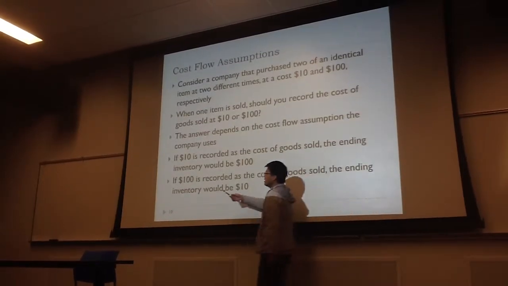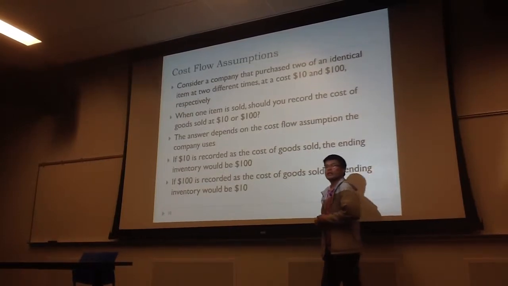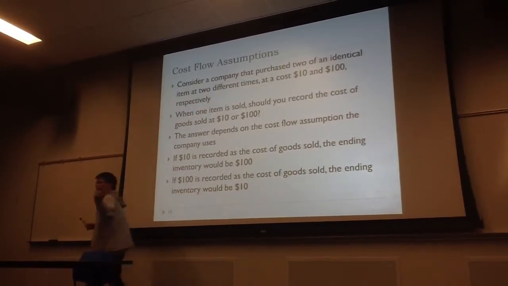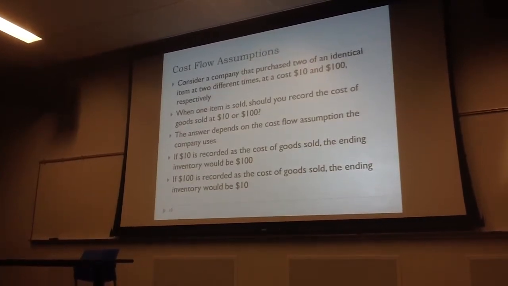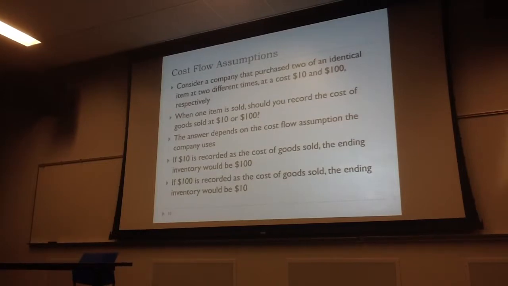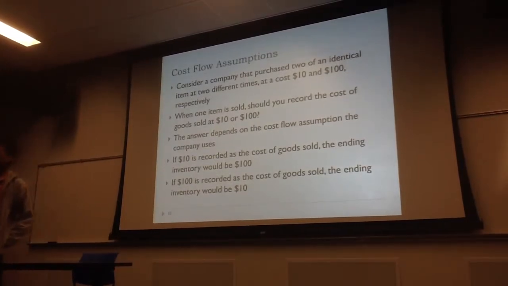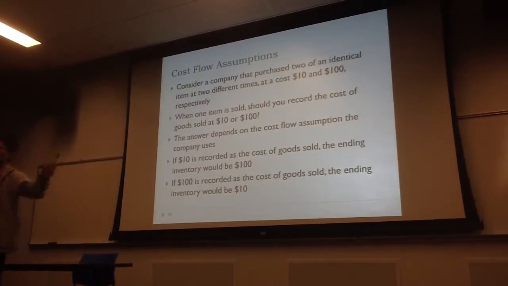So for example, if $10 is recorded as the cost of goods sold, so that is, you think you are selling the one that you purchased earlier, then what that means is your ending value would be $100. You still have the one that you purchased recently, $100. But on the other hand, if you think that you are selling the one that you purchased today, $100, so that would be the cost of goods sold, and what you would have in your ending inventory would be the one that you purchased 1 year ago,